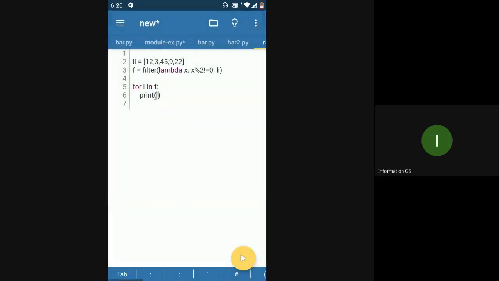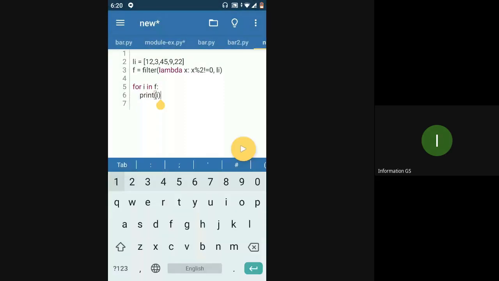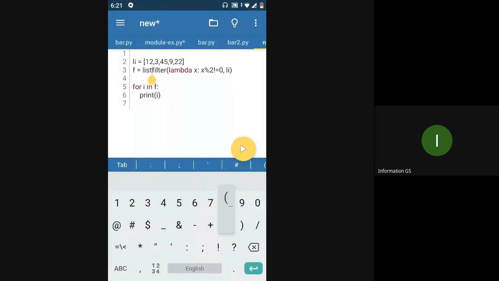But if you see here, it's not returned as a list, it's returned as separate values on single lines, right? If you want to create a list out of all the values present in this iterable f, then that's why I'm using list. So this iterable will get converted to a list.